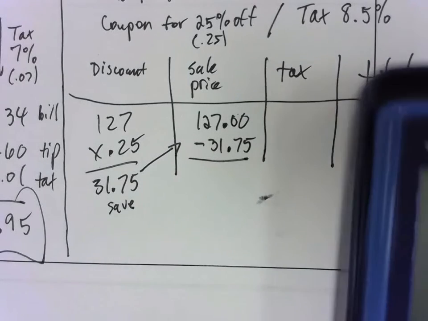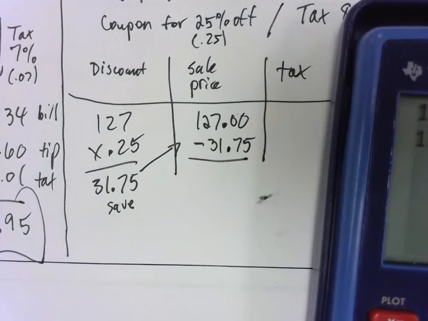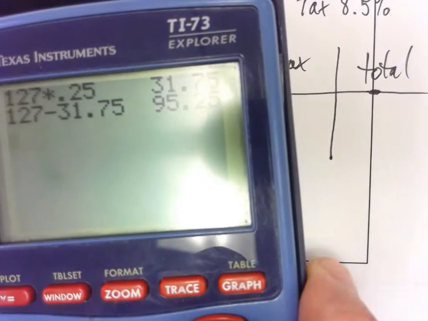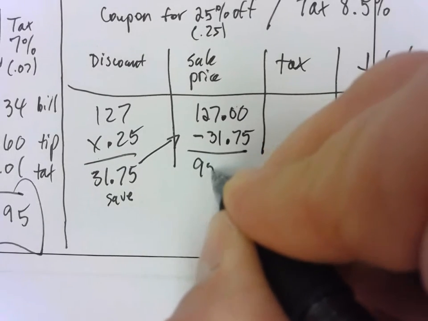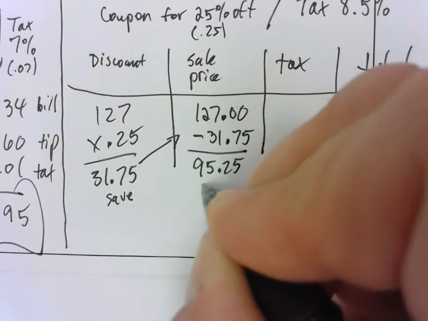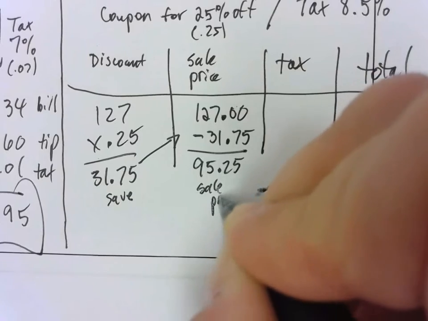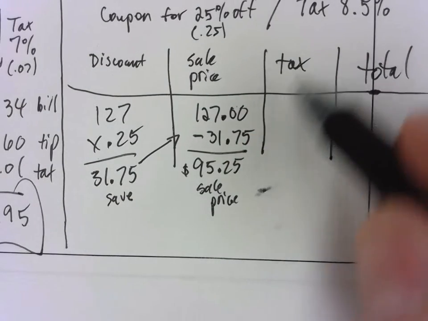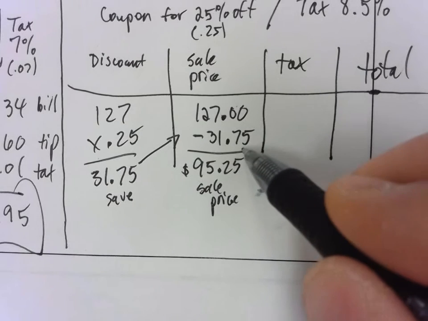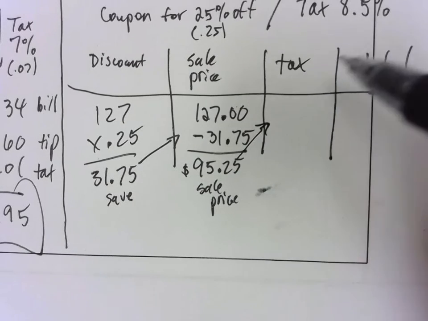Okay, but real fast, we'll do 127 minus $31.75. That would be $95.25. $95.25 is my sale price. Remember, this is in dollars and cents now, dollars and cents. Now, I'm going to pay tax of 8.5% on that. So I'm going to take that over to the next column here,